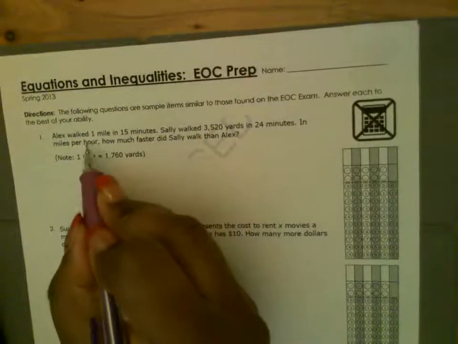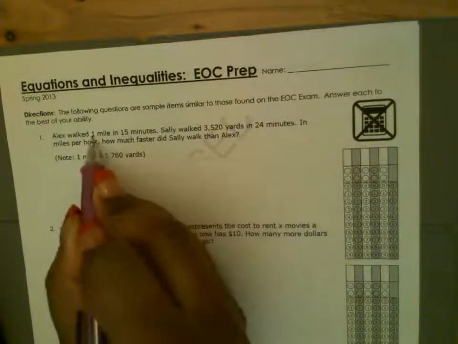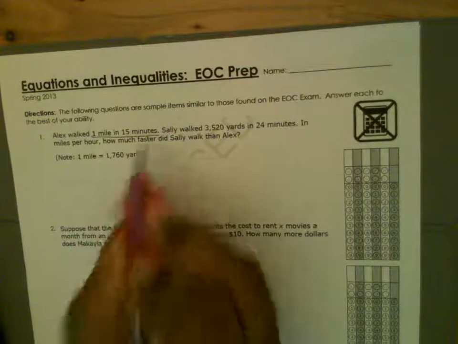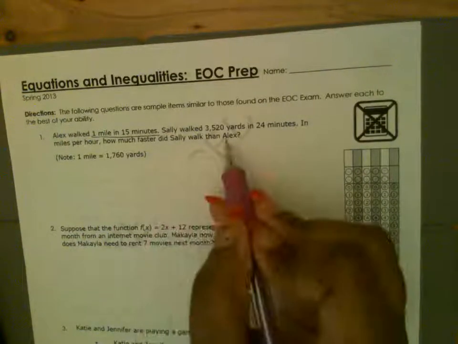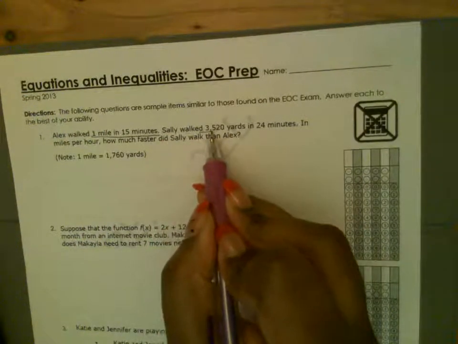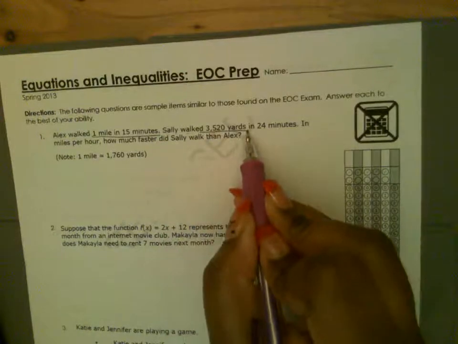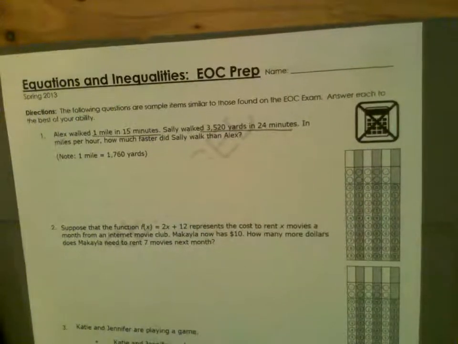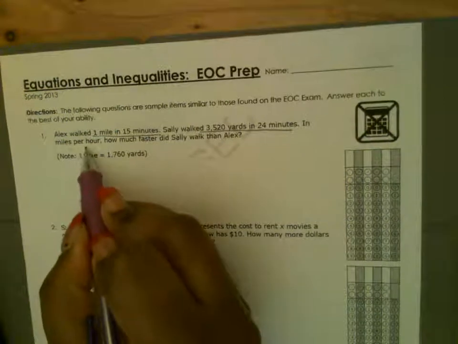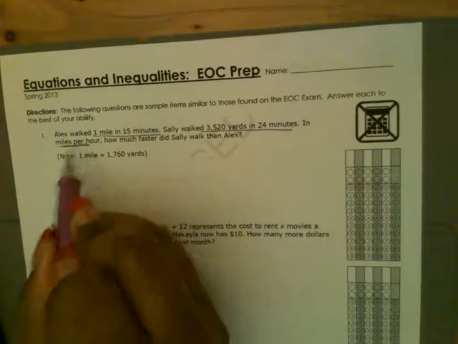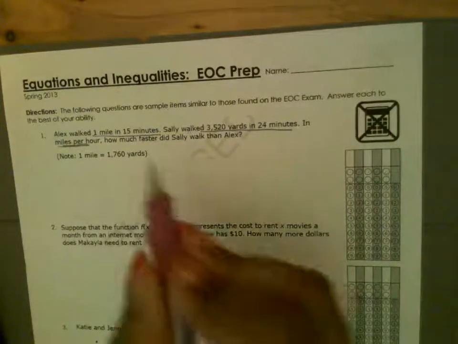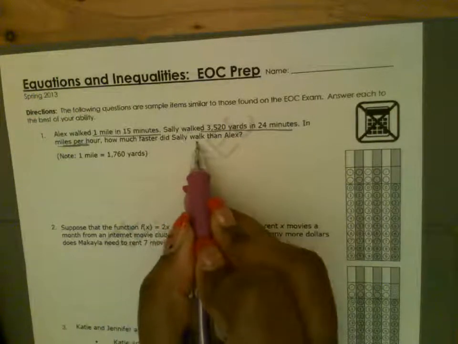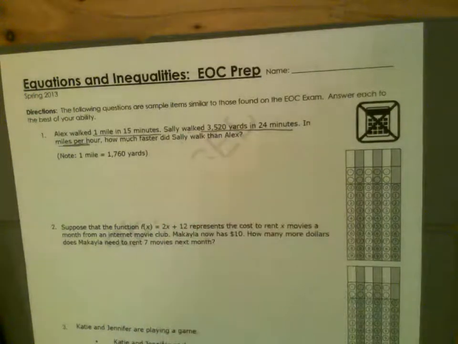All right, it says Alex walked 1 mile in 15 minutes. Sally walked 3,520 yards in 24 minutes. Okay, in miles per hour. So we're really going to convert this to miles per hour. How much faster did Sally walk than Alex? So we need to convert this to